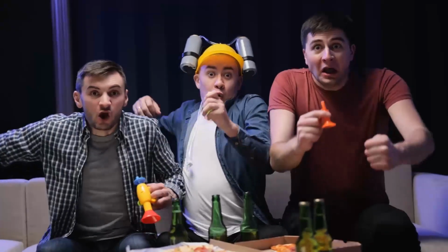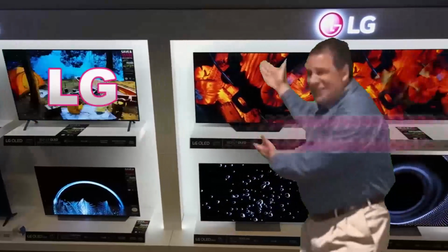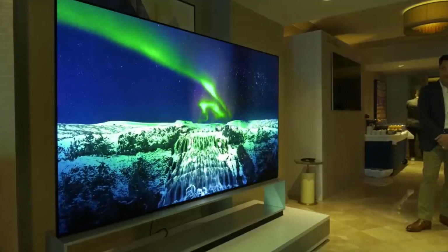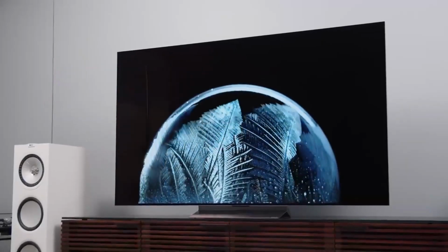I have some good news for you. LG has released its much-anticipated LG C3 OLED TV. The upgrades in this new television set are just fantastic, and I love it. It comes with the Alpha 9 Gen 6 processor, which is an impressive upgrade over previous